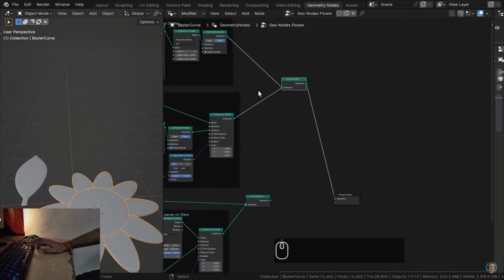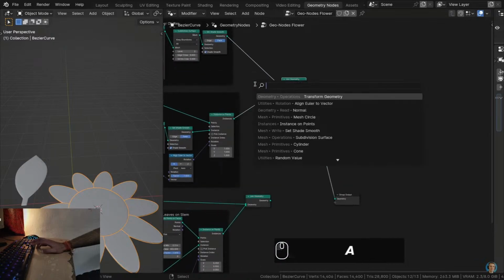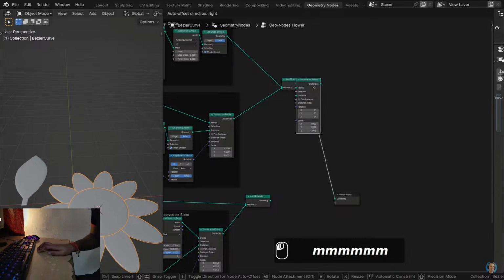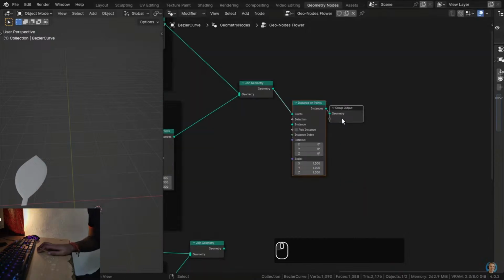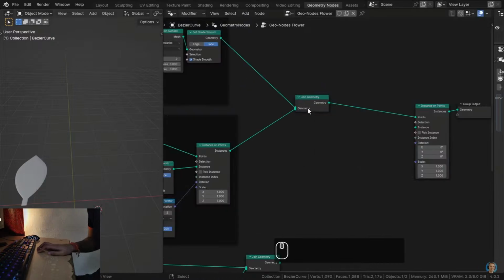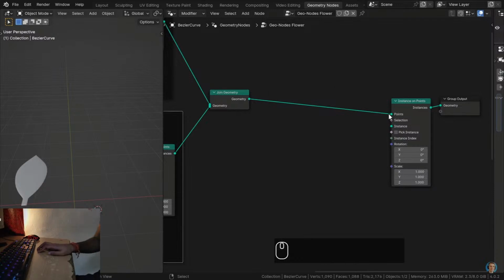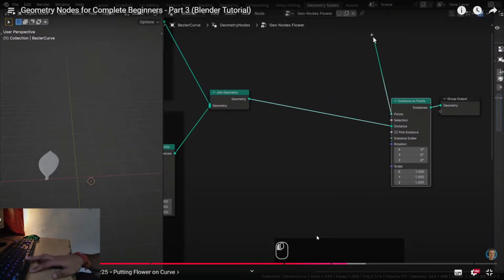So we're going to start by adding the same node. If you go to the add menu, we're again going to search for the instance on points. So it's this one here, instance on points, and we're going to stick it here after the join geometry. And let's also bring the group output right up here, and then we can also move them over. So the join geometry here is joining the flowers and the petals together, so the join geometry actually needs to be going into the instance. And then for the points